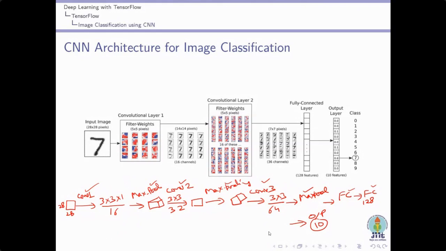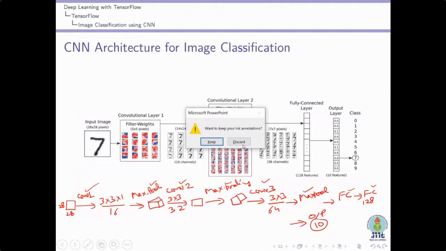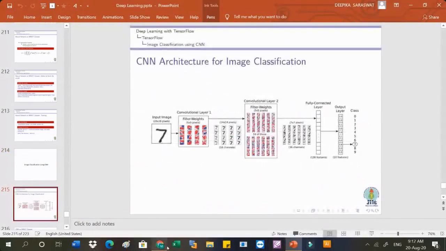So let's try to execute this particular configuration by using Google Colab.